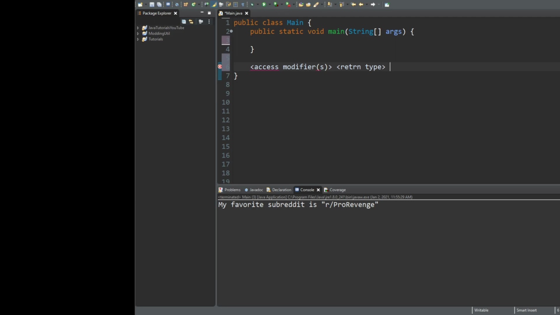Then you have the method's name. So this can be whatever you want. Usually you're going to want the method name to represent what it does. So if you want a method that prints hello world to the console, your method is probably going to be called print hello world. If you want to have a method that generates a list of items, or like it generates an array of items, your name for that method is going to have to relate to that action that you want to execute within that method. So the name,